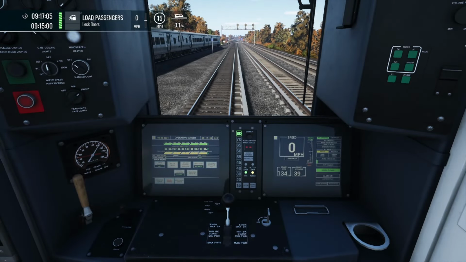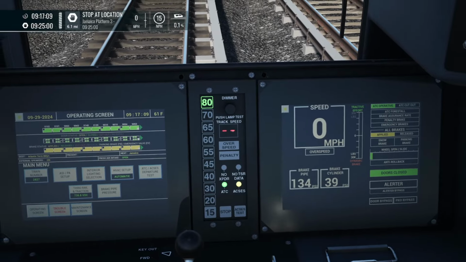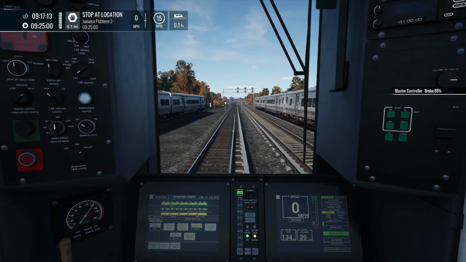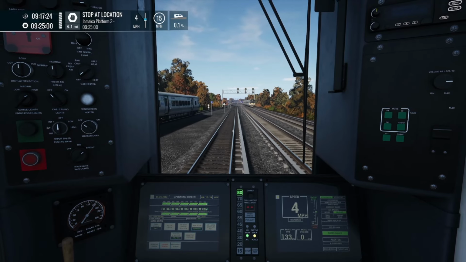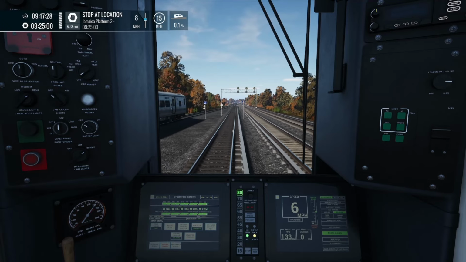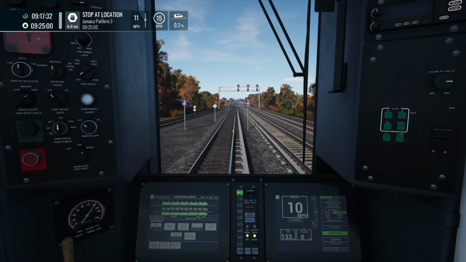Now, the biggest thing with this stuff is you are largely going to want to pay attention to the track speed where those two red dashes are. You are going to need to know route knowledge, though. There are certain markers along the route that change speeds, for your upcoming stop or a signal or speed or crossover or switch or something like that. A lot of the stuff is not marked. I think there are some speed boards marked and whatnot, but as you can see, ATC and ACSES are both